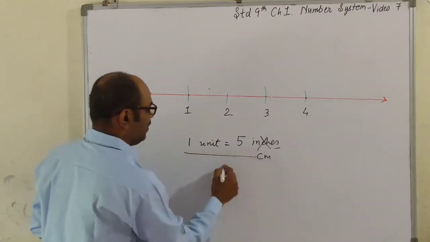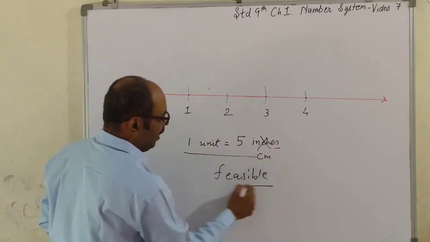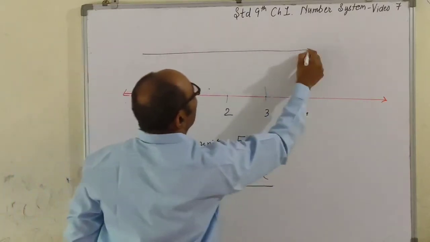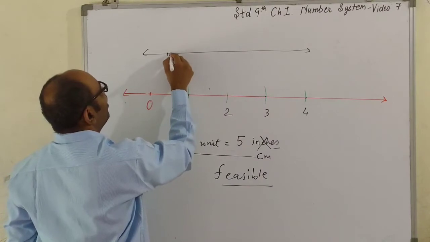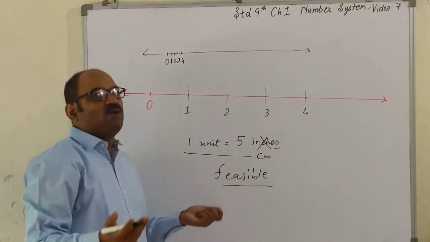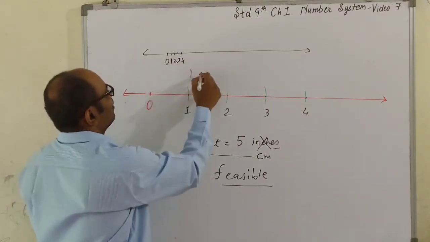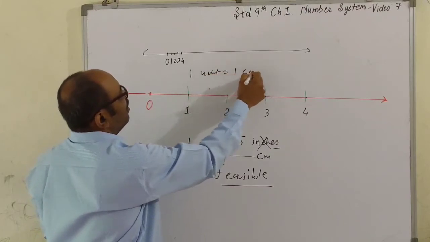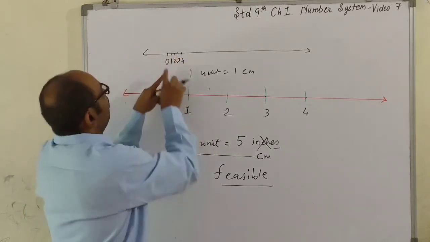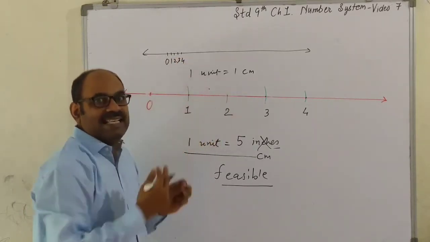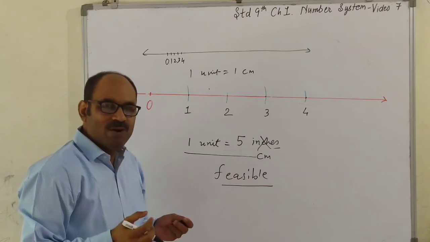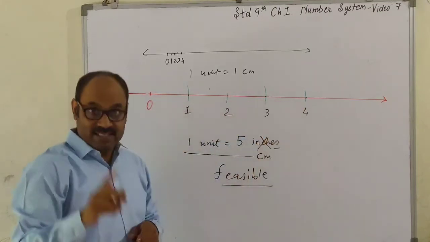The scale should be visible. Visible means what? Now if I take here centimeter, children, this is a line, and if I take centimeter, this is 0, this is 1, this is 2, this is 3, this is 4. I'll have two problems if I take 1 unit equal to 1 centimeter. One, you cannot see that, so close they are. And while writing the numbers also, they become congested. They get clustered. So I'll have to write small numbers as well. So you will have a problem. But if I write distinctly, you can see clearly.